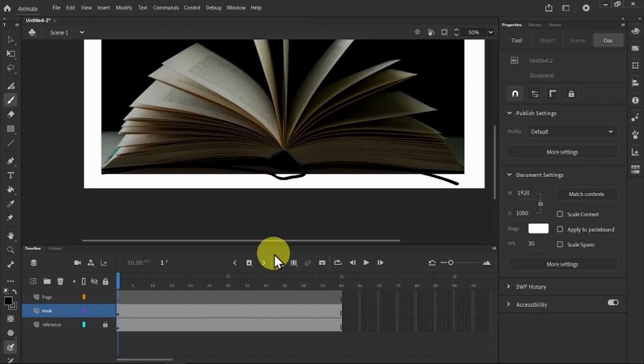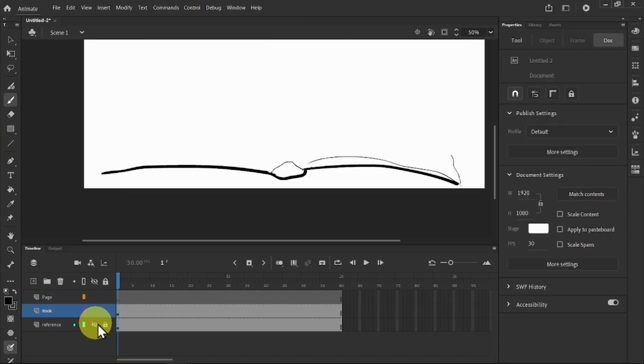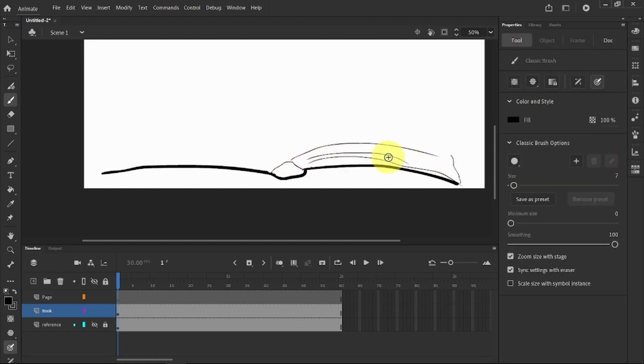So revealing this again, every book has this sort of weird spiny piece. So I'm just going to draw that in. And then I'm just going to create the impression of a book. Whoops. So I'll probably hide this layer for now. And it's all coming out of there. So I'm just going to add in some pages just to give that, and it's